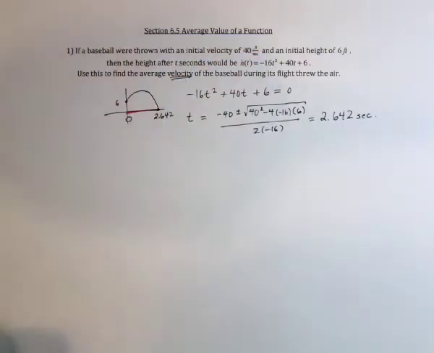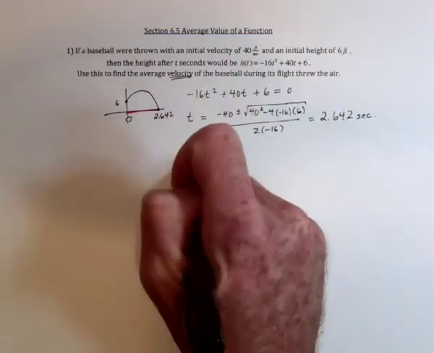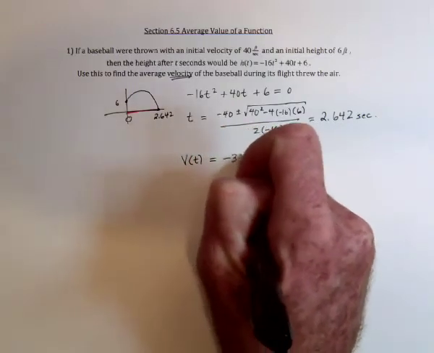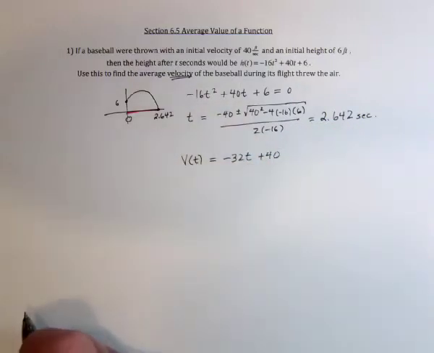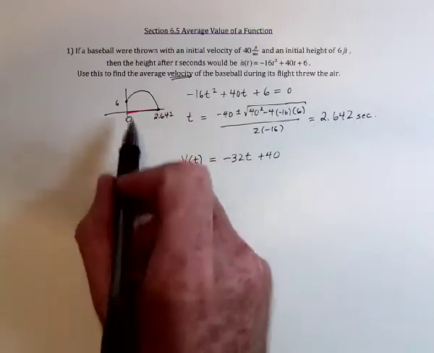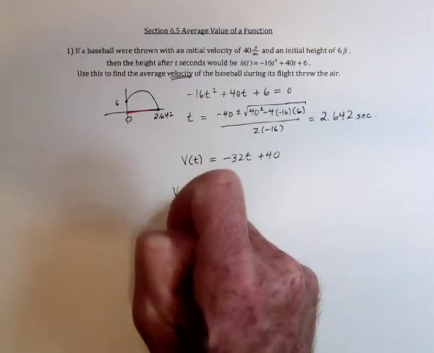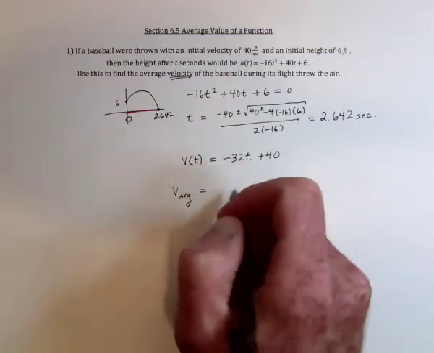Now the question actually asks not for the height, but velocity. So with this being the height, I could take the derivative and get the velocity function. So negative 32t plus 40. That's the function we're going to integrate, and then we're going to divide by the length of this interval. So the average velocity is going to be,